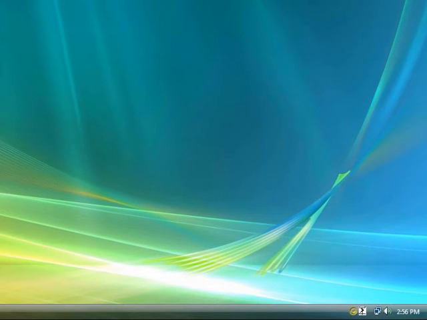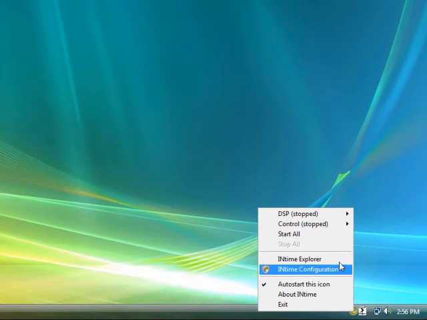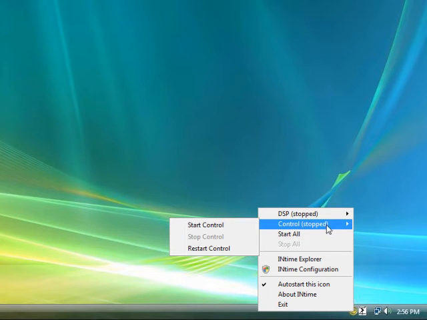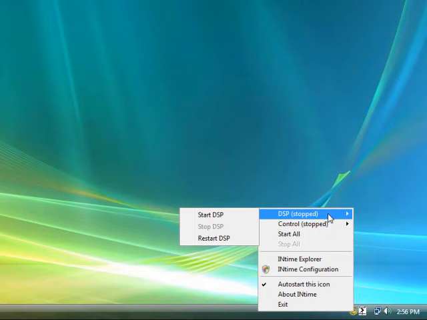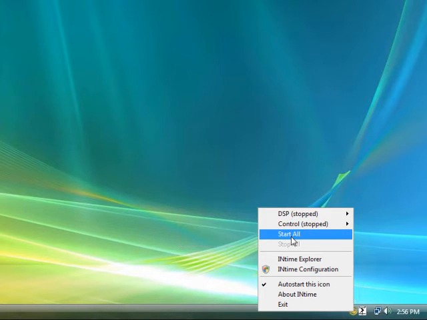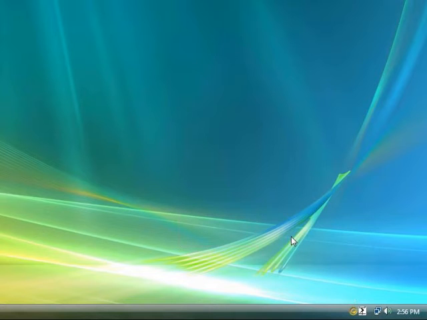Now when we look at the INtime control icon, we'll see there are two instances of INtime with the names we gave them that we can start individually or start all. So let's start all the instances,